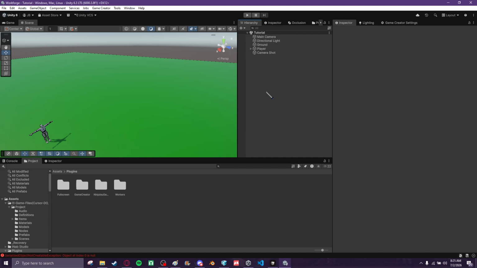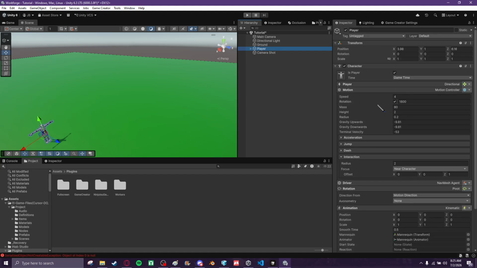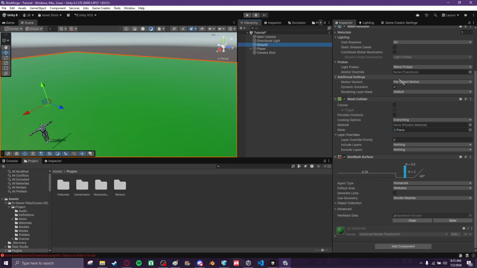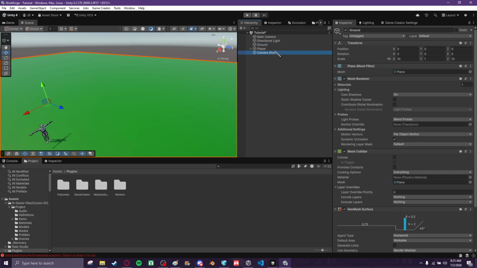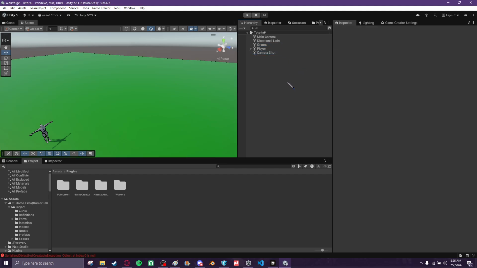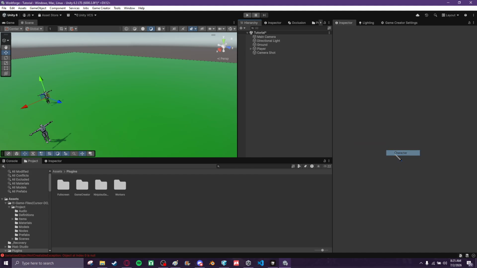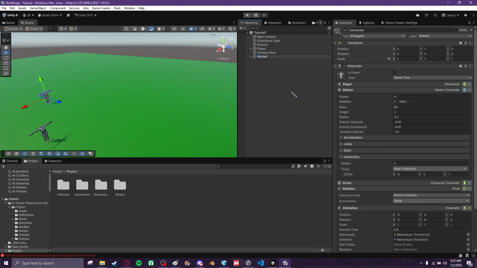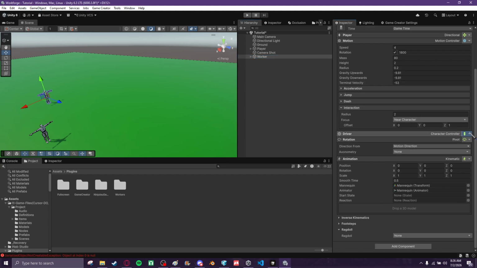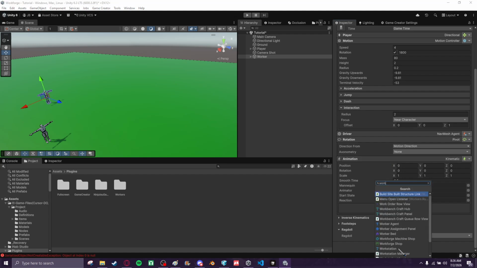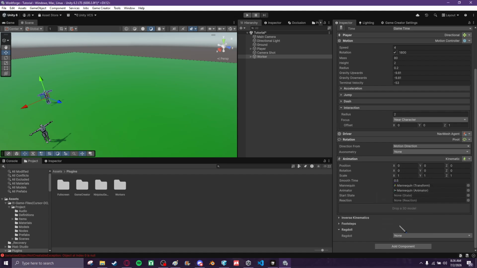So, without further ado, all we've got right now to start with is a player with a nav mesh agent, a nav mesh surface, and a camera shot. And then we're set to third person. So what we're going to do is make a character. I'm going to call him worker, and then I'm going to set him to a nav mesh agent. So then we're going to go to worker agent, throw this on here,